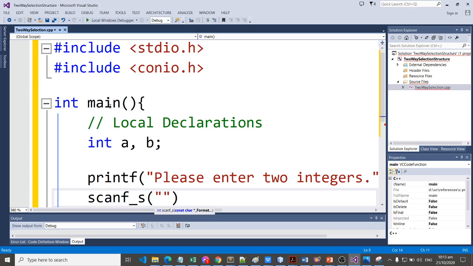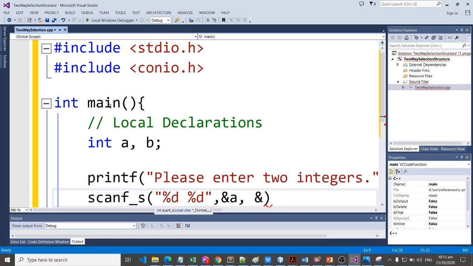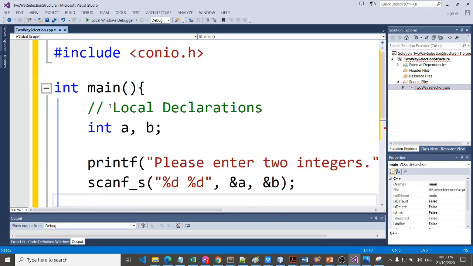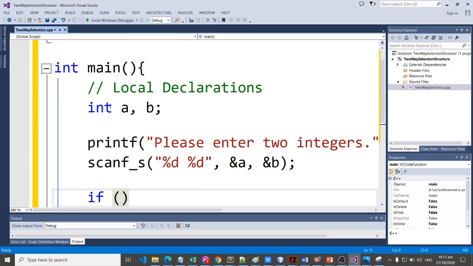So for our values of two integers, we need the format specifiers %d and %d, and assign those values to variables a and b. Next, we need to evaluate if the value of a is less than b.